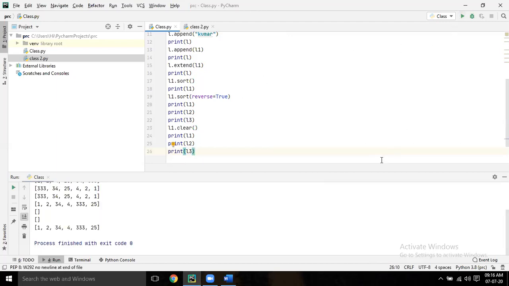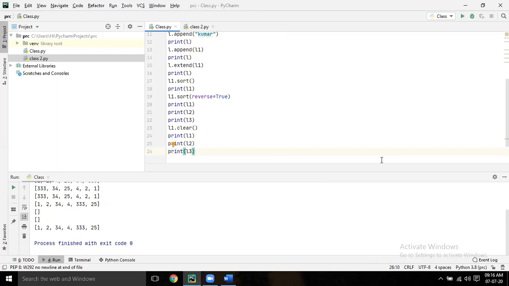So what will happen if you clear L1? L1 is all the data cleared. L2 also cleared, but L3 is not cleared. That is also one difference. When you copy, it will copy the physical memory. But when I assign L2 equal to L1, it will just refer.